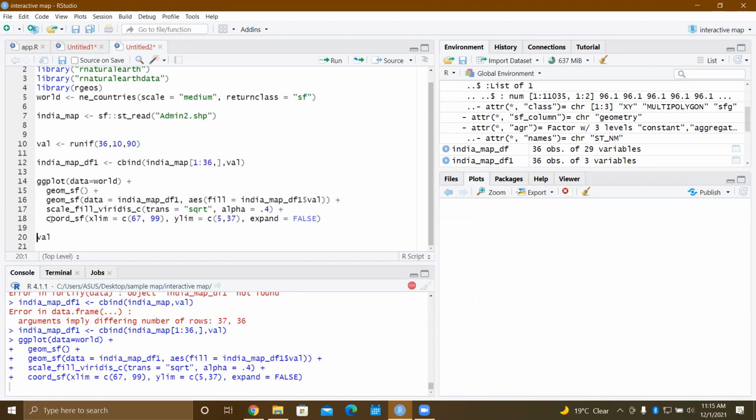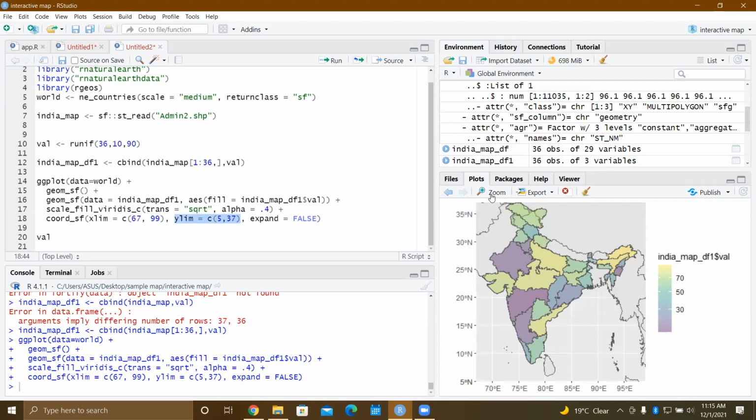And here, while it loads, coord_sf: xlim is the range of longitude you need, in which the map of India is, and ylim is the range of latitude. While the map comes, I can show. It is a bit faster than leaflet.